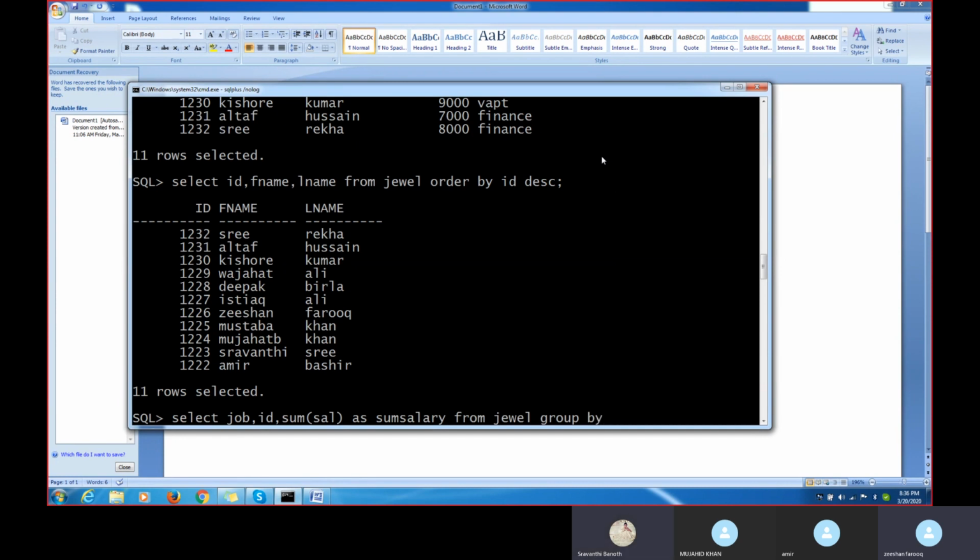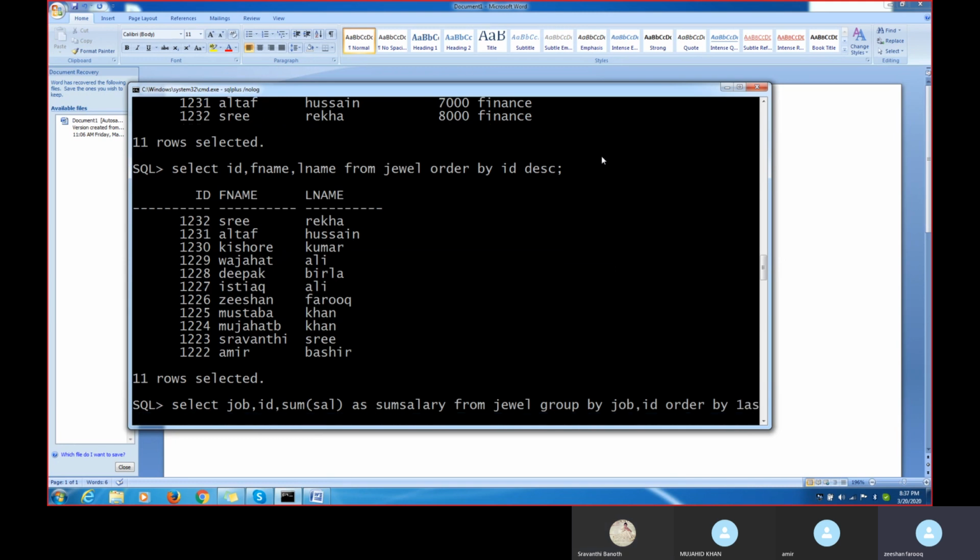Okay, I'm using two clauses now, group by and order by. Group by job, comma ID. Two things I'm putting. Then order by, and then I'm again using two things in one. Order by one ascending, comma two descending.